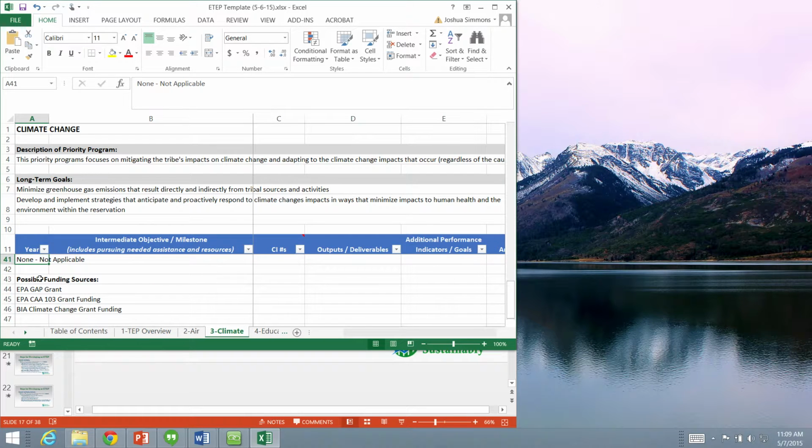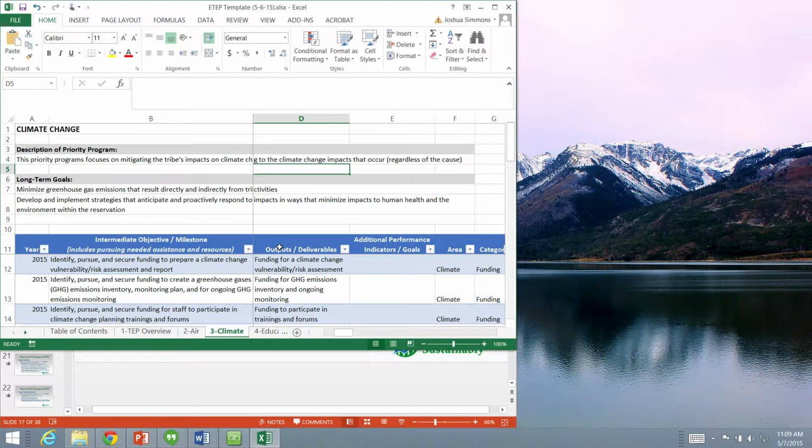One thing I like to put in here, as a supplemental additional thing to have, is possible funding resources. This is not required information, but I think it's important to have. Okay, so the next column is